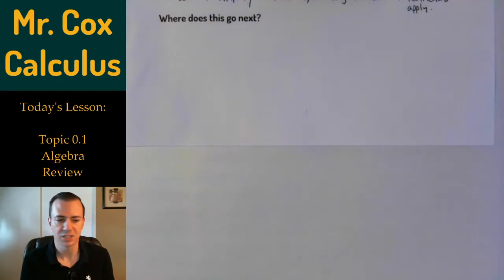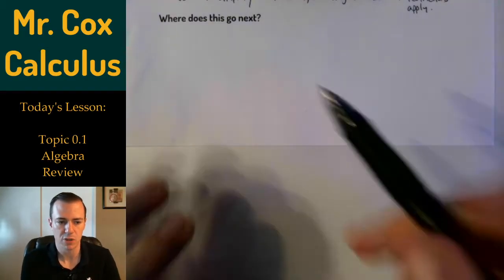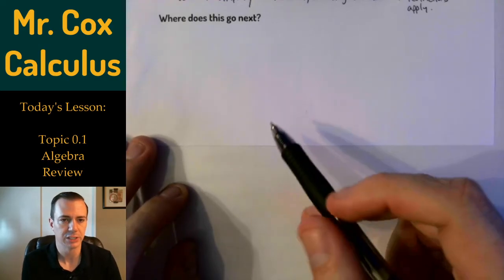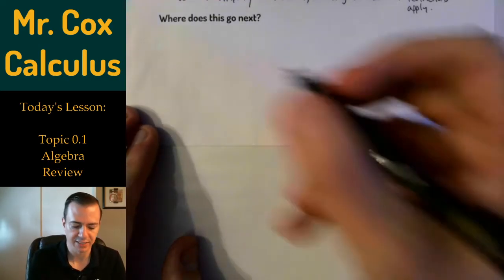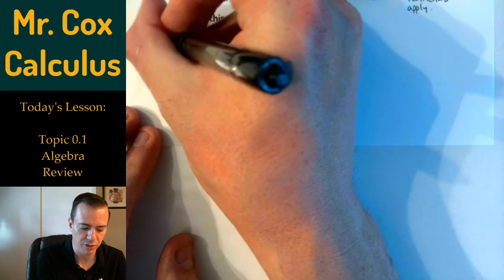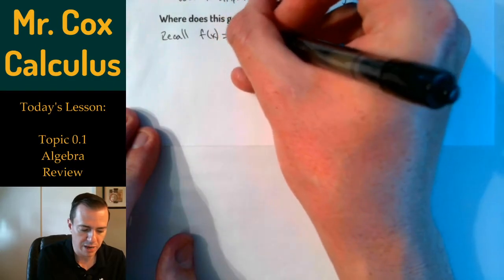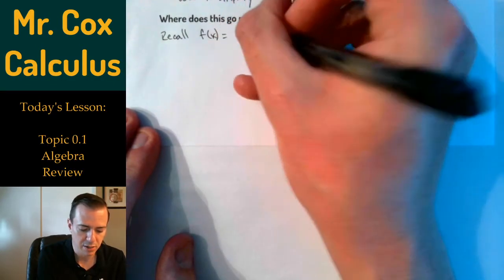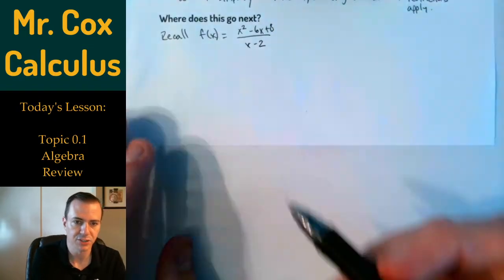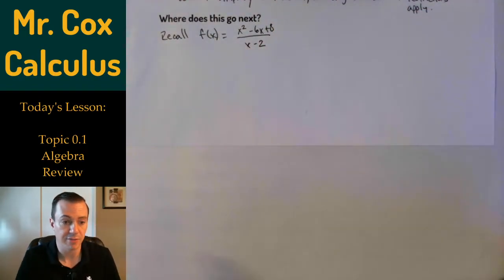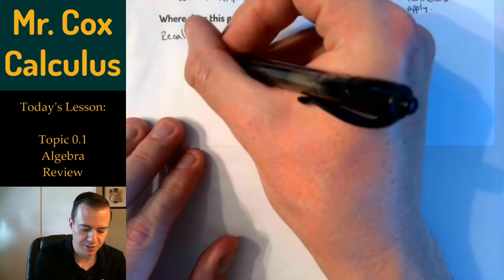Okay, now that we've done just a little brief algebra review on rational functions, let's talk about where this goes next. And to do this, I want to recall the function that we graphed earlier. Let's recall f of x equal to x squared minus 6x plus 8 all over x minus 2. And when we factored the numerator and then divided out a common factor, we figured out that this graph,